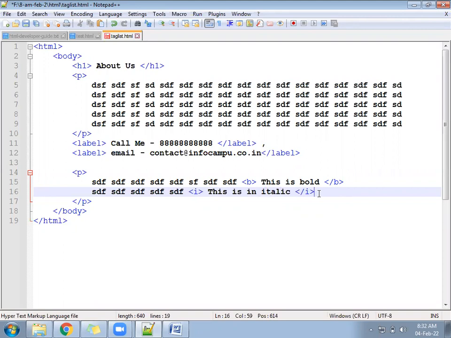Bold, italic, underline, all are dependent. Dependent, open, close is there. Along with that,